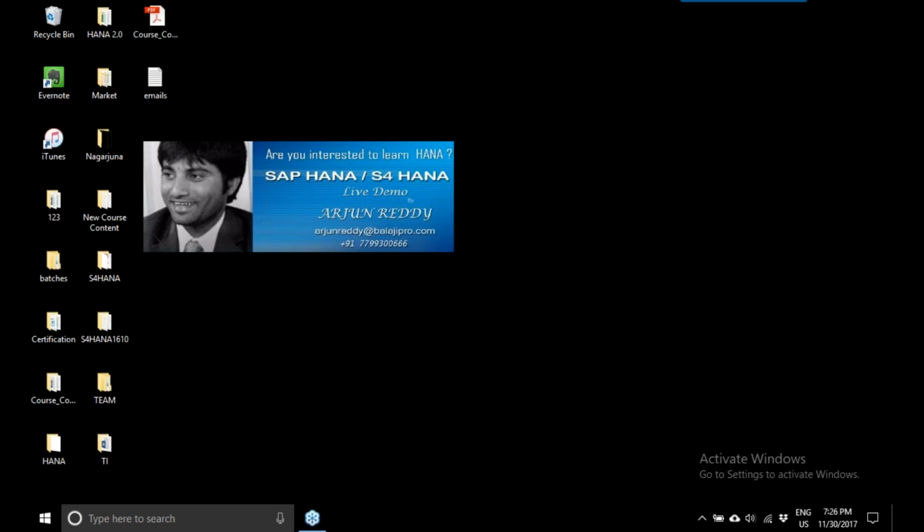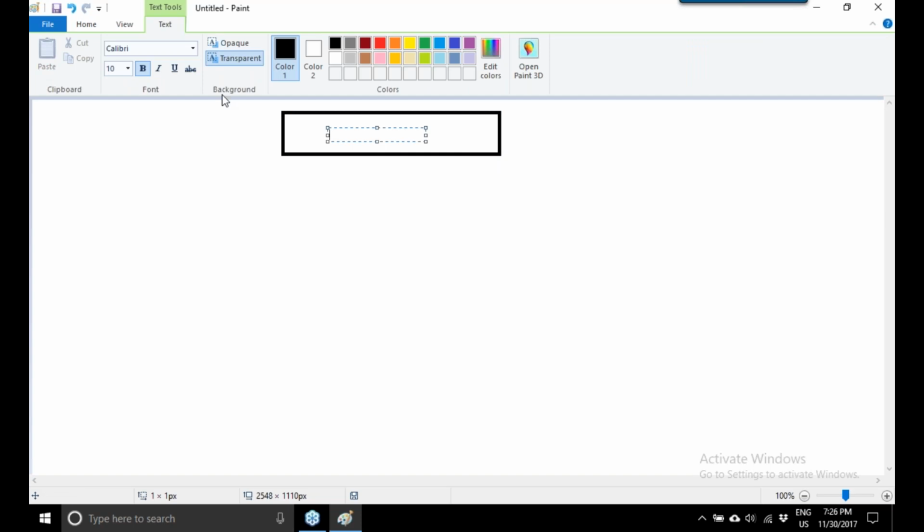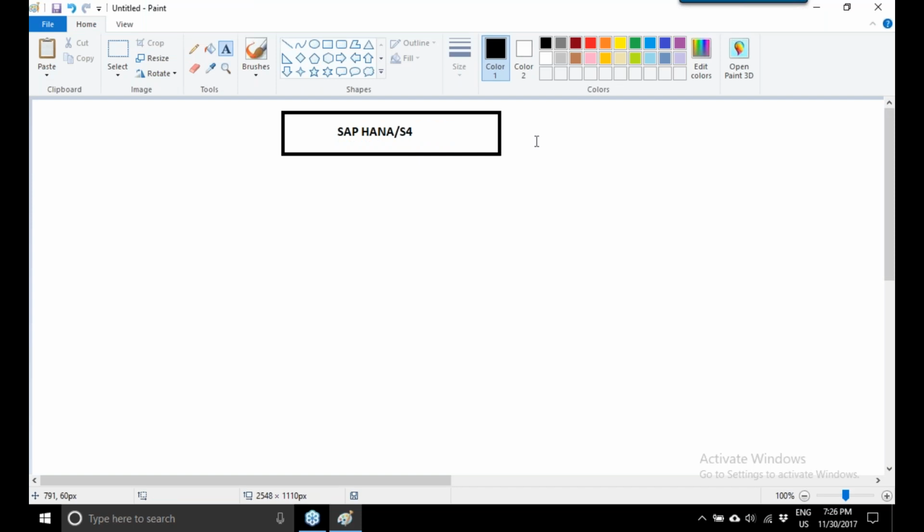To start with today's session, first of all, what is SAP HANA and S4 HANA? I'll take a very simple example.